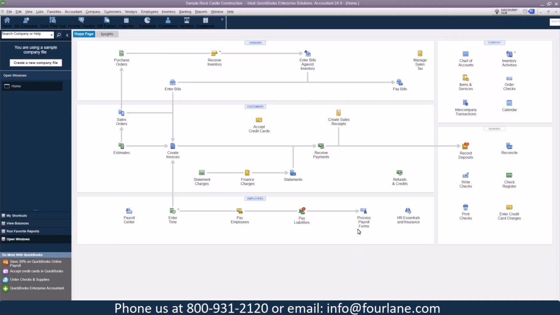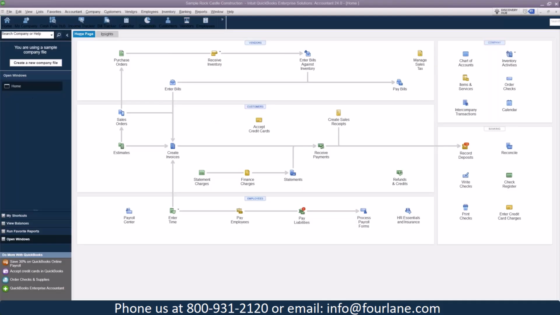So let's talk about the setup itself when it comes to navigating. So when you start a new QuickBooks file, the first thing you want to do is set up your preferences on how we're going to use this file. And then, of course, that's going to lead us into setting up our users and their roles. So first, let's talk about the setup side of things. So if we go to Edit and we go down to Preferences,